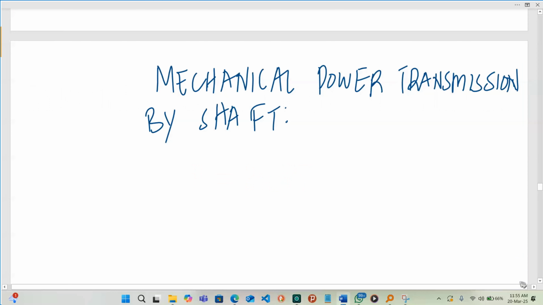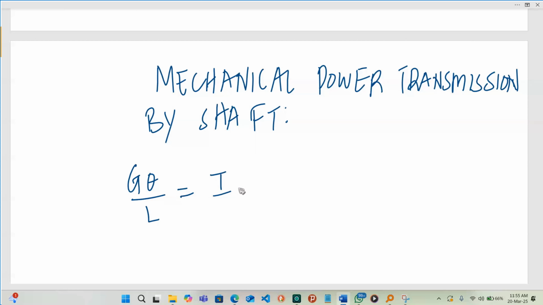So my dear engineers, here we're going to be looking at mechanical power transmission by shaft. In this area, we will derive the formula for the power transmitted by shaft and combine it with torsion theory. And we know that the torsion equation says that Gθ divided by L is equal to